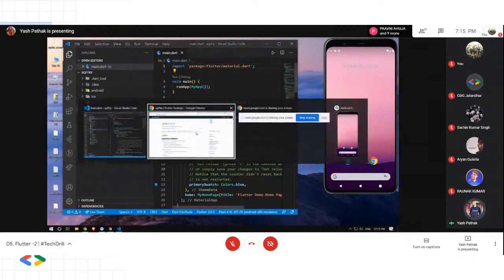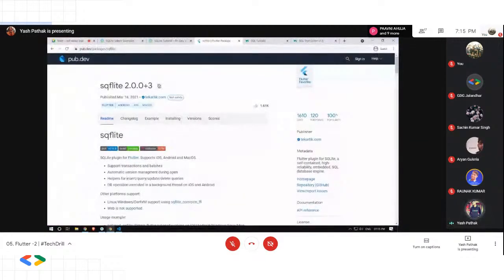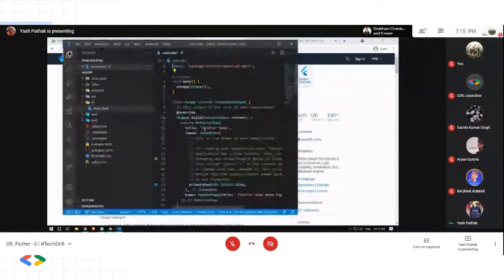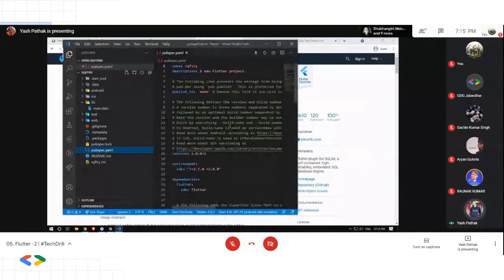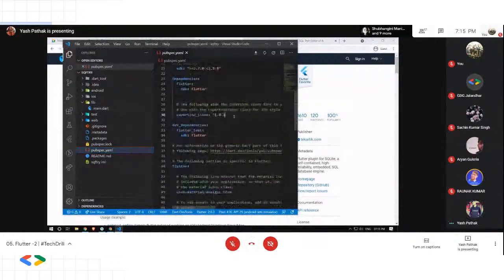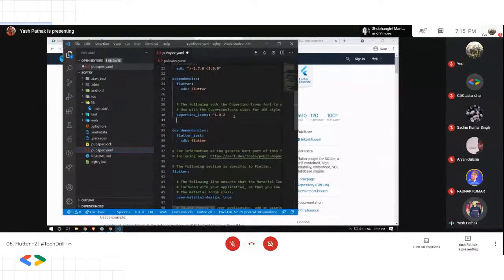So we'll go here, and I will just copy this. I will come inside my pubspec.yaml. Right below this Kubernetes icons, I'll paste this. Okay,